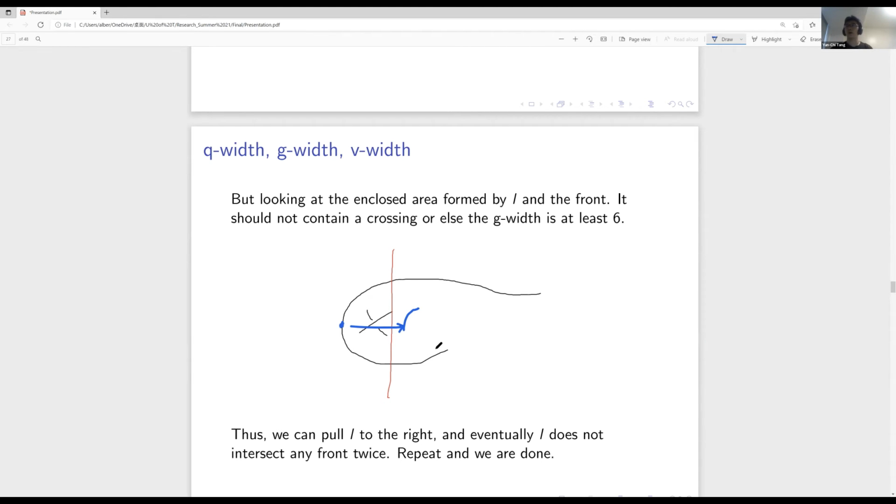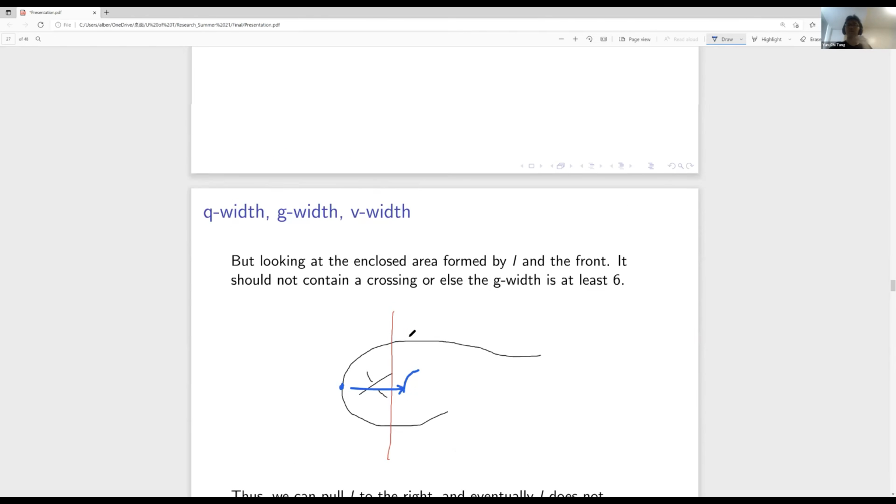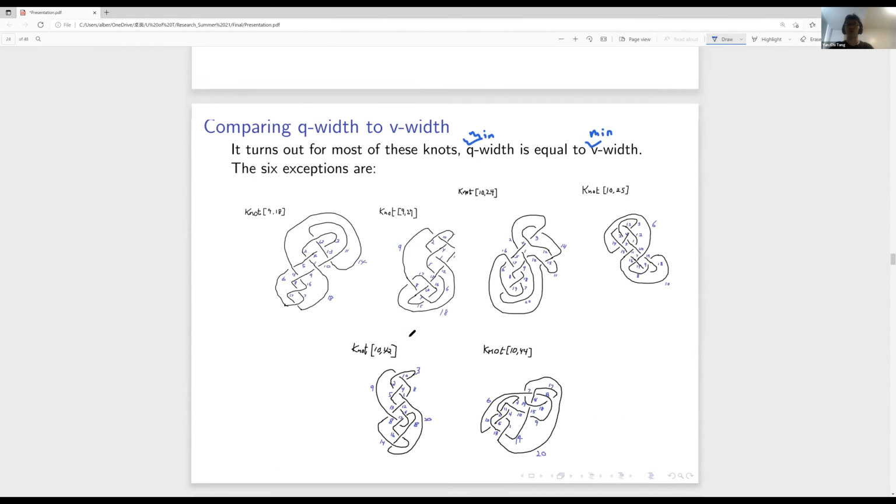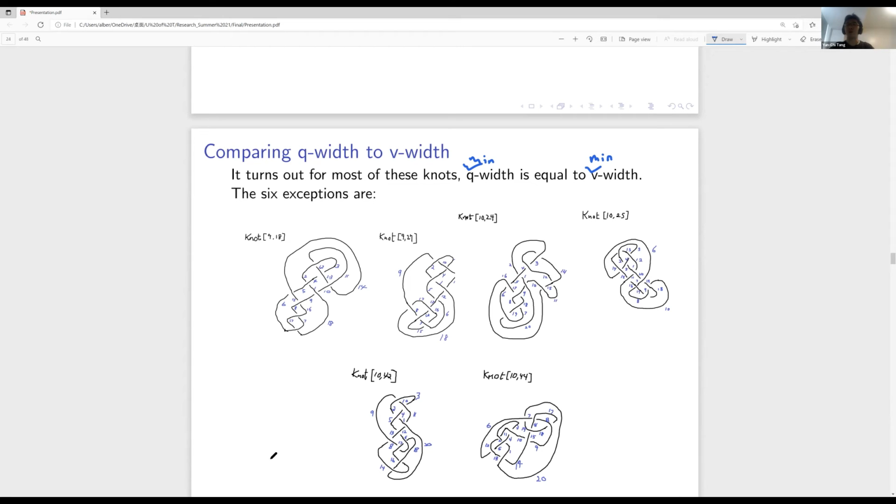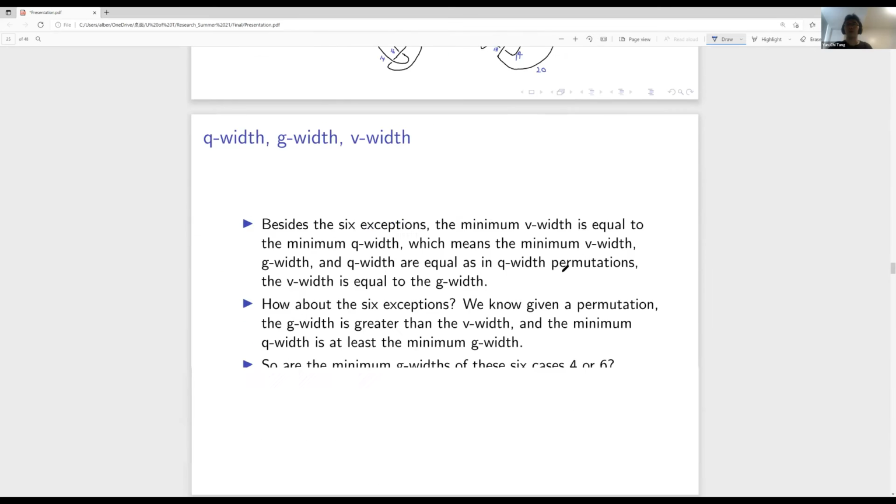So then we repeat, and we end up seeing that if the minimum graphical width is 4, then the minimum quick width will be 4, because we'll be able to use this pulling technique to create a quick width permutation of it. So because of this restriction, we find that in all 6 of those cases, the minimum virtual width, which is what we use in computing knot invariants, is not going to be equal to what the graphical width looks like from a knot diagram standpoint. But regardless,